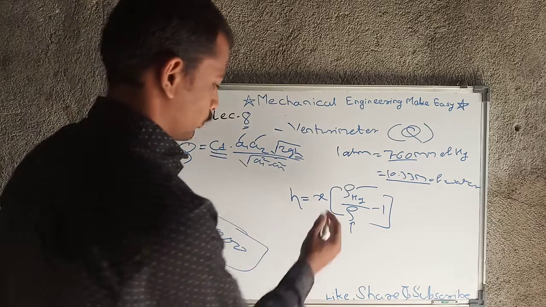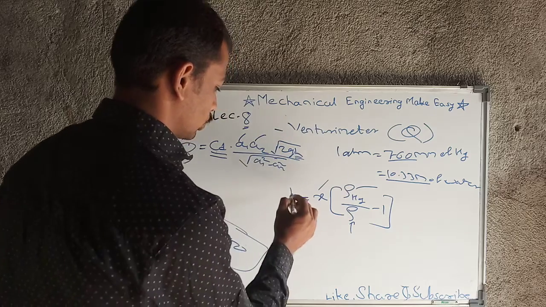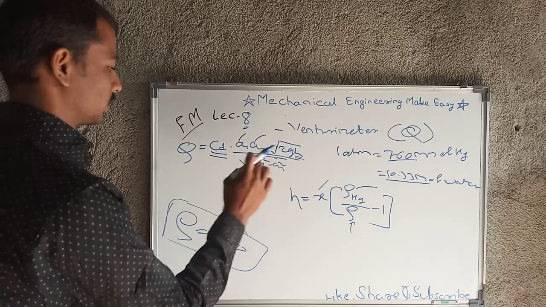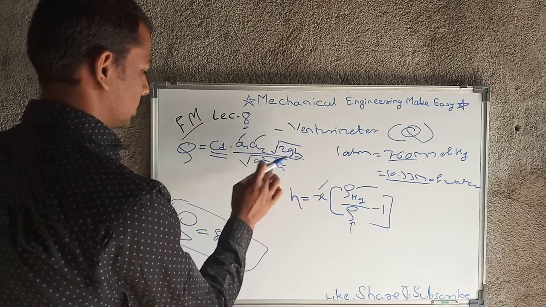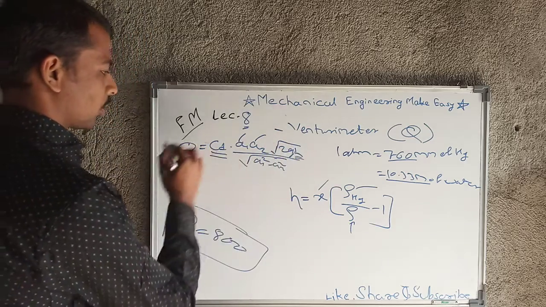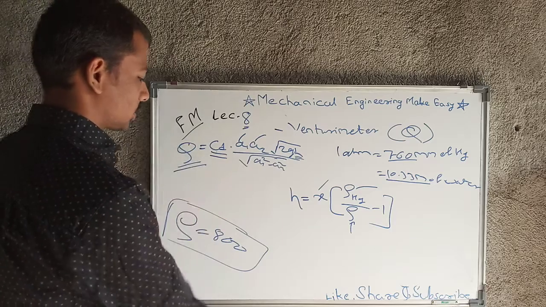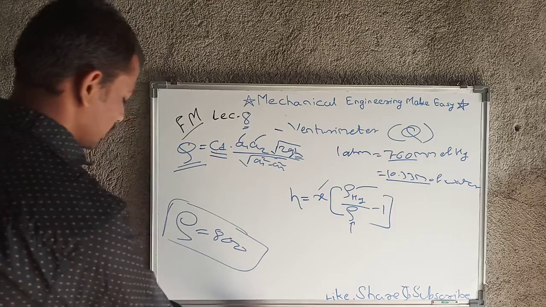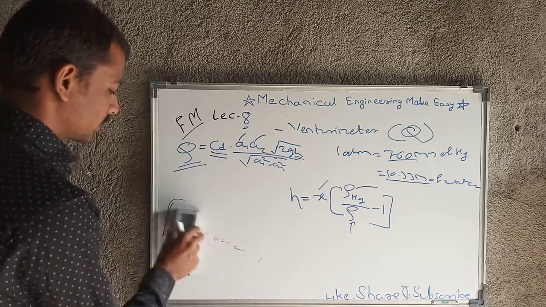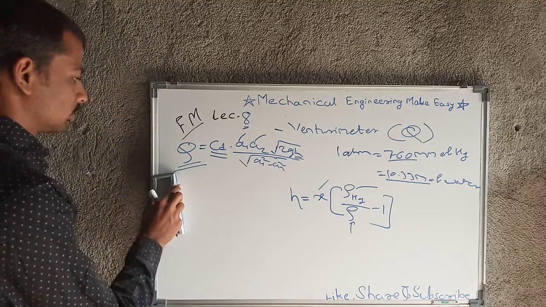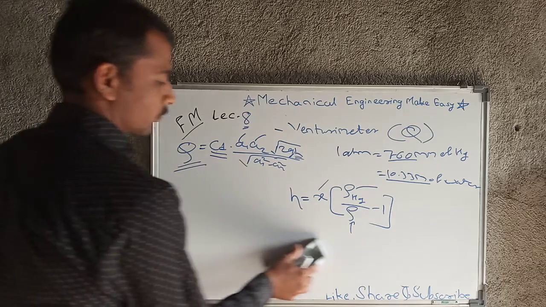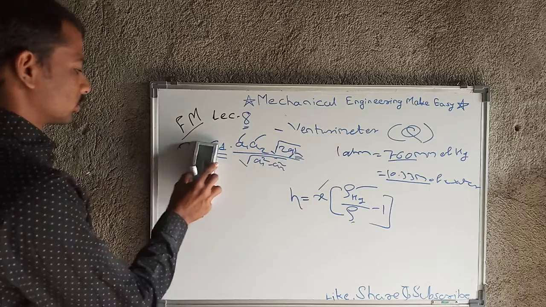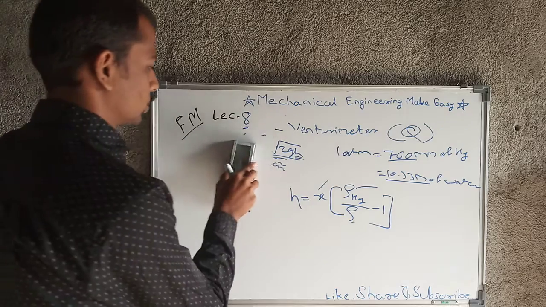Okay, and x we have calculated, so we will get the value of h, and that value of h we will put into this equation. We know A1, A2, h, A1, A2 and Cd. So from all these we are going to calculate the discharge, and that is meter cube per second. Unit of discharge is meter cube per second. So note all the formulas first, and then I will move towards next topic.